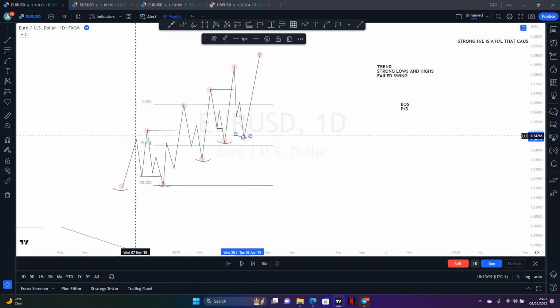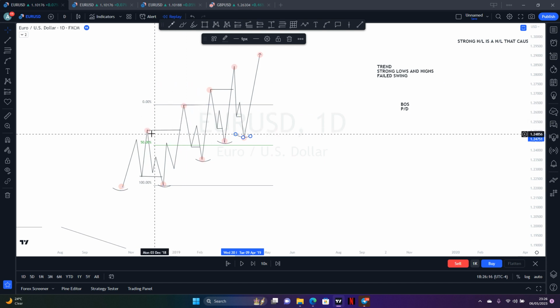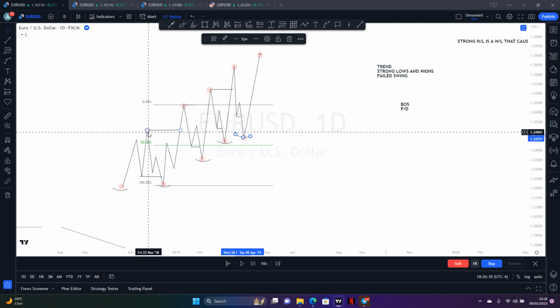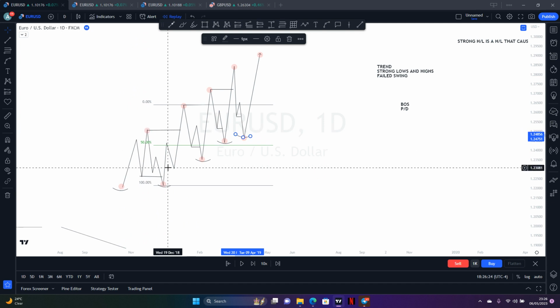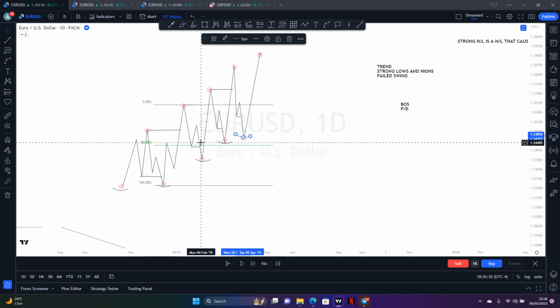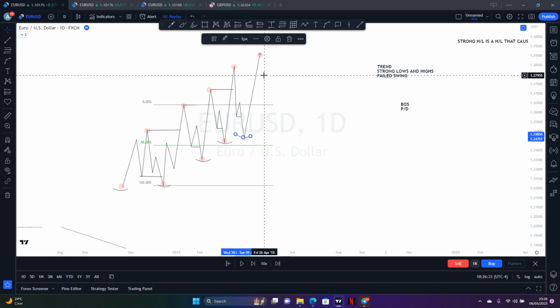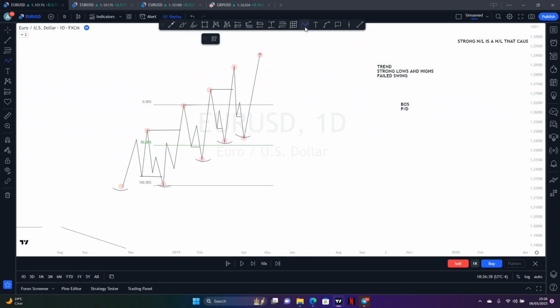Then these other highs right here are now weak highs, or weak lows, because note this: for every strong low there is a weak high, and for every strong high there is a weak low. As long as this high right here failed to break this low, it is a weak high. And as long as this one produced a break of structure of this one, it is strong. This trend will continue until we get a strong high, that means a high that will eventually take out